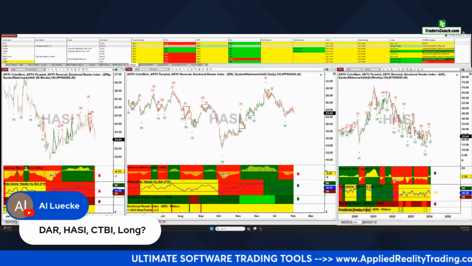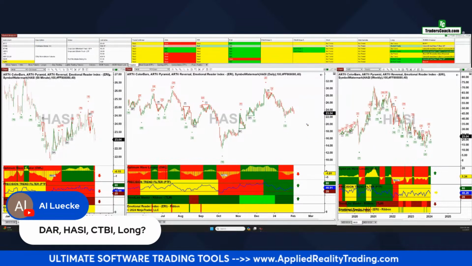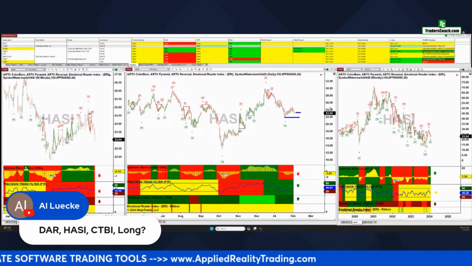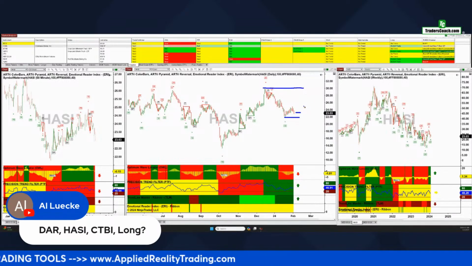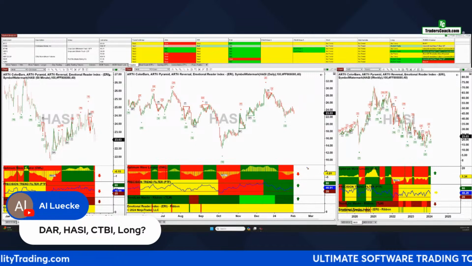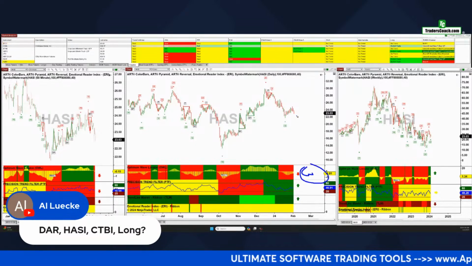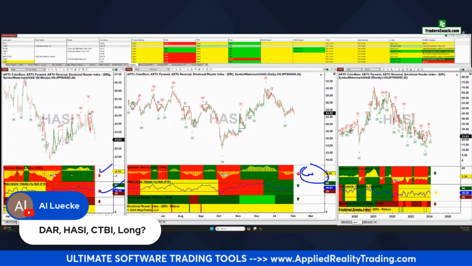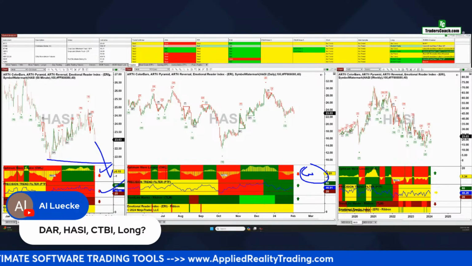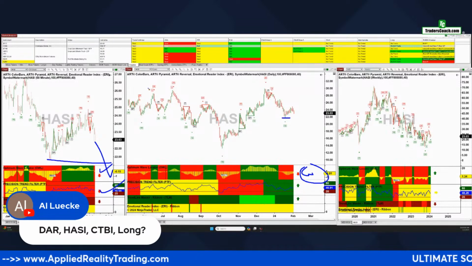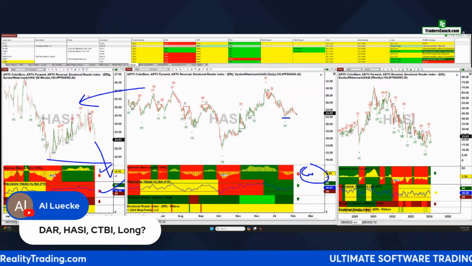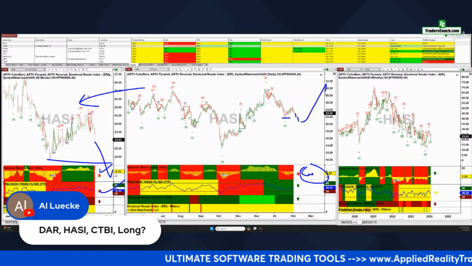All right, so what do you do when the PTFs are different colors? All right, gee, this looks like it'd be a good trade maybe up here. There's your 2 to, I got maybe 3-to-1 risk to reward, right? Problem is we want this to be green, so we can't go in here. This is still red and red here, so it's indicating it's going to come down more before it goes up. So this bottom, according to this chart here, is not a bottom. But this is going to go down and then pull back up.